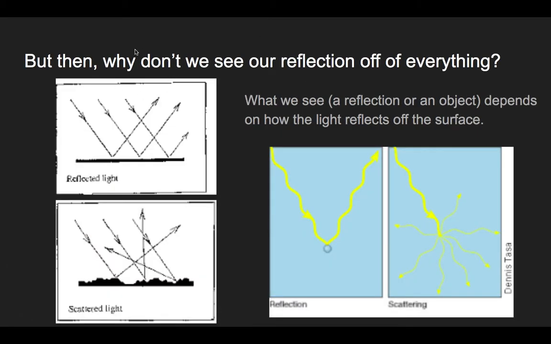Now, then the question becomes, if light is reflecting off of every single object, why don't you always see your reflection rather than the object in question? And so the answer to that is